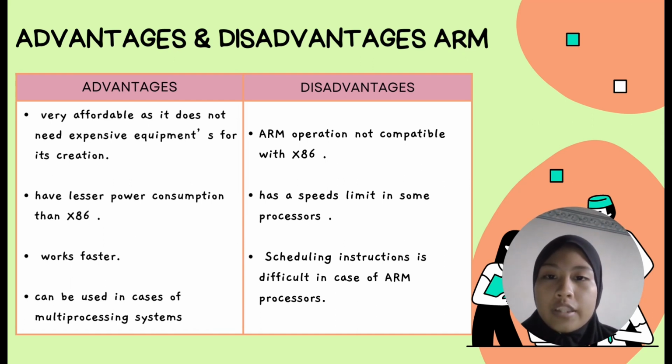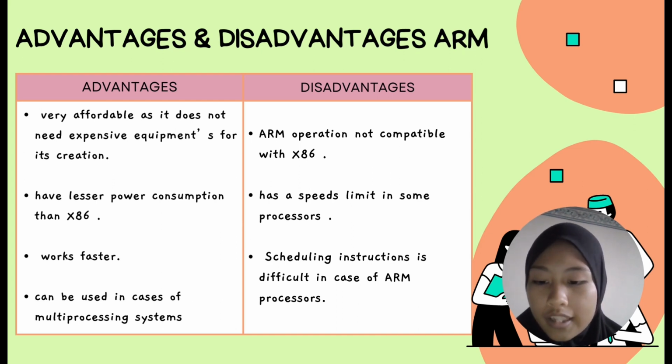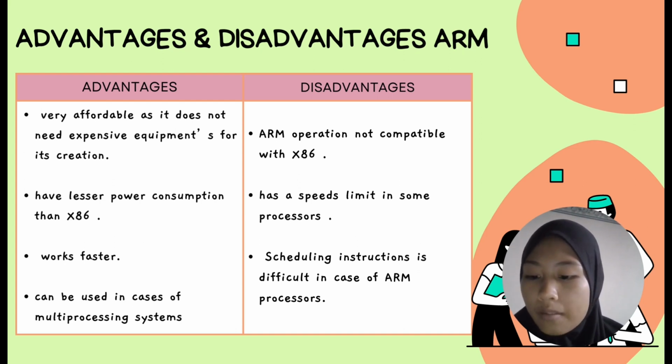So, the next one is the disadvantages of ARM. First, ARM operation is not compatible with x86, hence it cannot be used in Windows, because ARM is one of a family of central processing units, CPUs, based on the reduced instruction set computer RISC architecture for computer processors. ARM Limited, the company behind the ARM processor, designed the core CPU component and licensed that intellectual